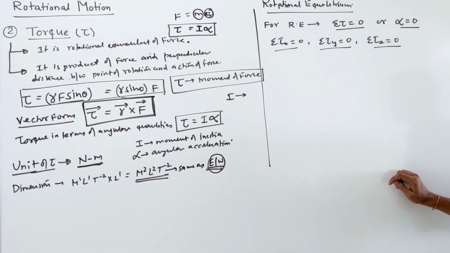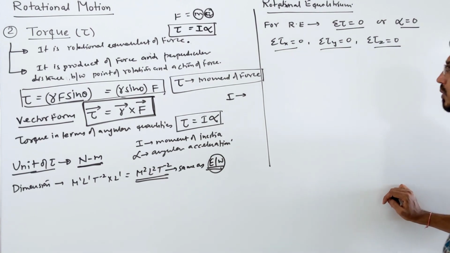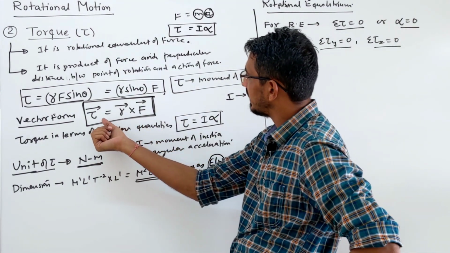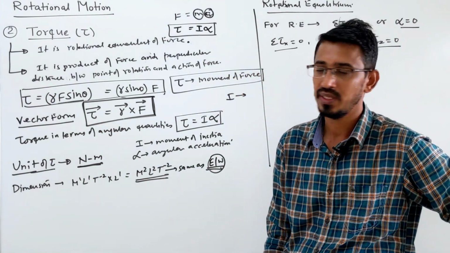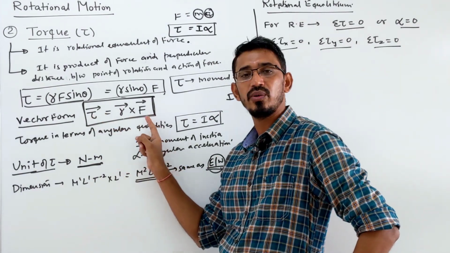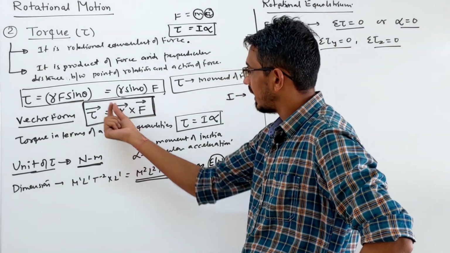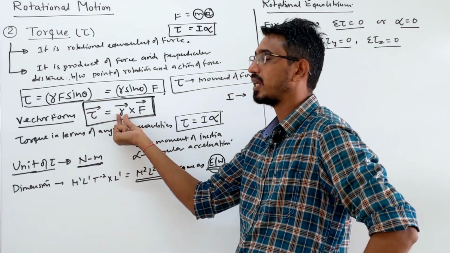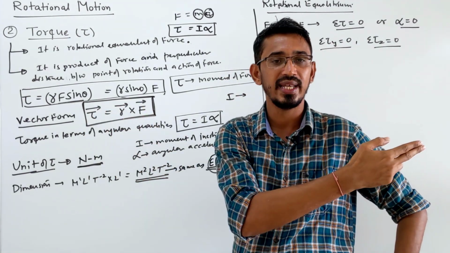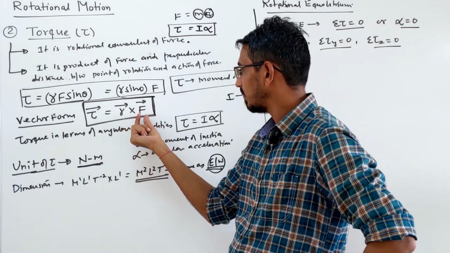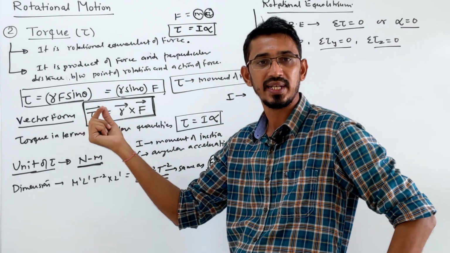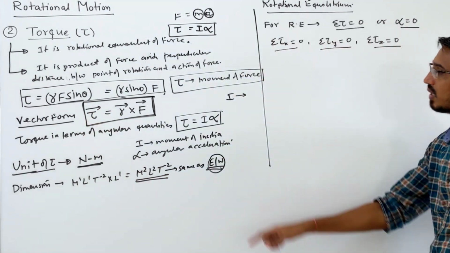Net torque should be 0. Correct? Also, I forgot to tell you, in this formula you see that these three vectors are there, and the three vectors are always perpendicular to each other. So, when they ask direction, you write the direction of r. Suppose they say the distance is in x direction, you write i vector; force is in z direction, write j here for y direction, then you will get k direction. So, they all are perpendicular to each other.